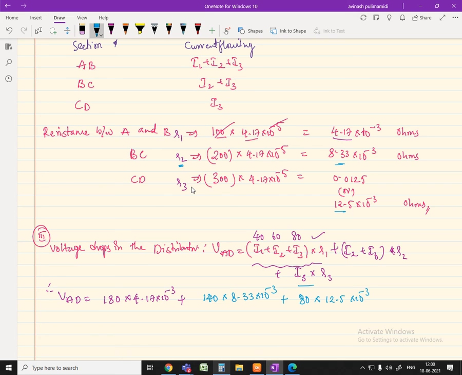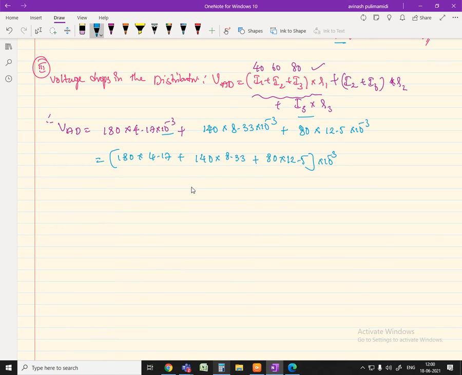So what is the common factor we can take common here? 10 power minus 3. So 180 into 4.17 plus 140 into 8.33 plus 80 into 12.5, into 10 power minus 3. Solve this value. How much? 2916. So total voltage AD is equal to, solving this value, 2916.8 into 10 power minus 3